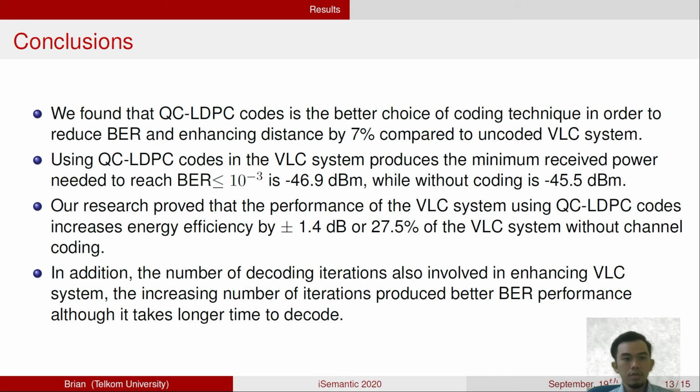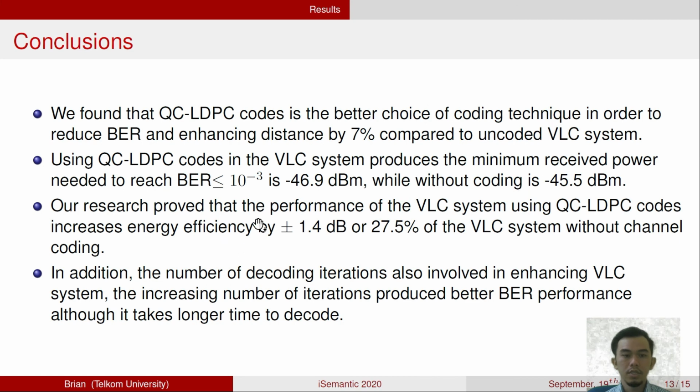So this is our conclusion. We found that QC-LDPC code is a better choice of decoding technique to reduce BER, enhancing distance by 7% compared to uncoded VLC. And in minimum receive power, the BER with LDPC code reaches minus 46.5 dBm, which is much lower than uncoded or without coding.